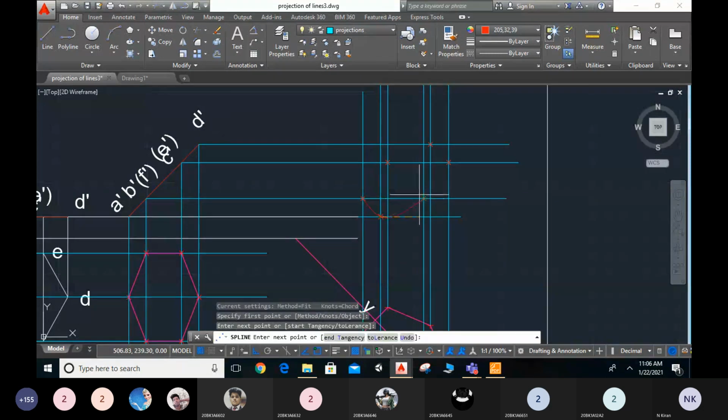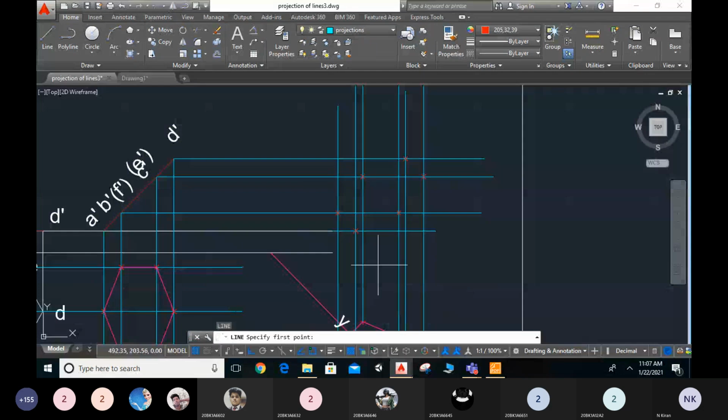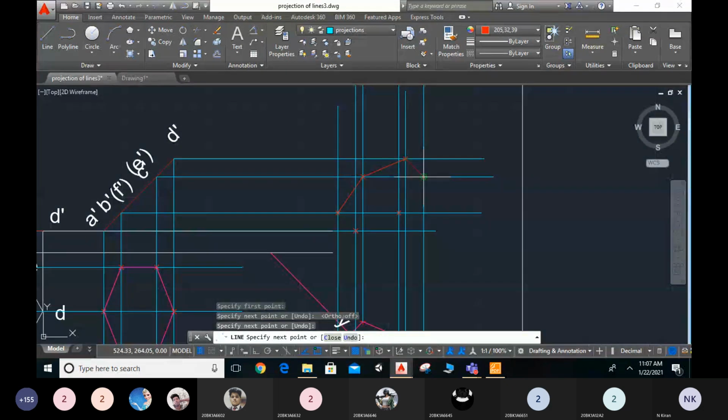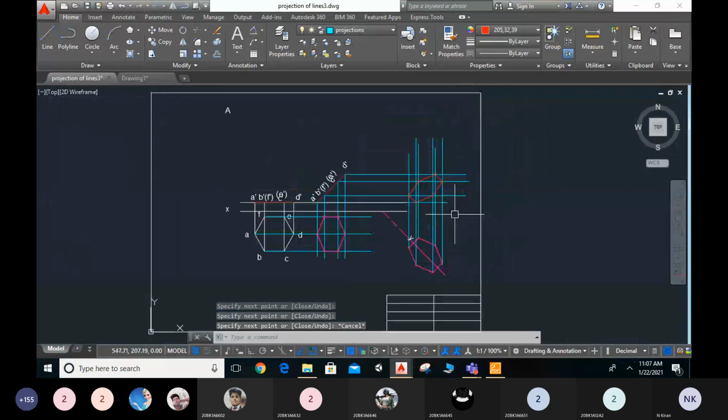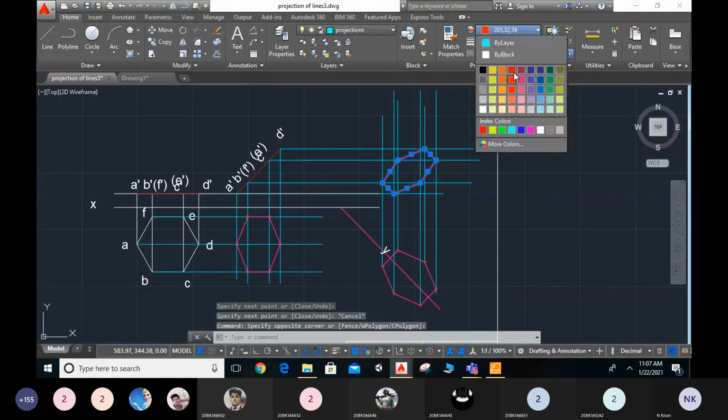Yeah, I have to turn on the arc. No, it is taking polyline. Instead of that one, I will take a line command, L enter. This one, ortho is on, so I will join here. See, after inclination of both the planes, the hexagonal plane will come like this. Are you clear? Did you understand?